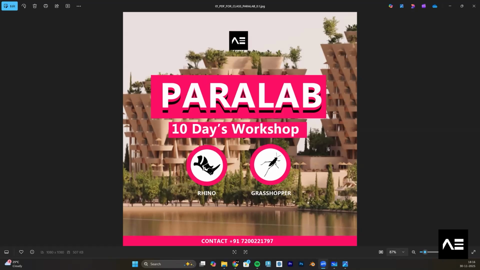Okay, Manish has done design using Rhino and Grasshopper, but not in practice. Okay, Manish. So here we will have the basic introduction. Yes, I have used Rhino and Grasshopper.